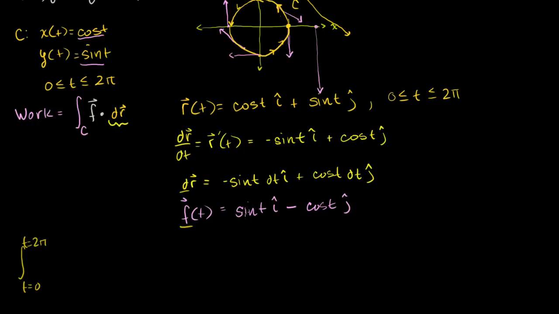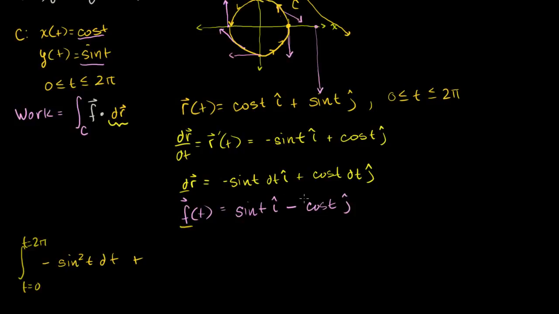So you take the sine of t with the minus sine of t dt, and you're going to get minus sine squared t dt. And then you're going to add that to